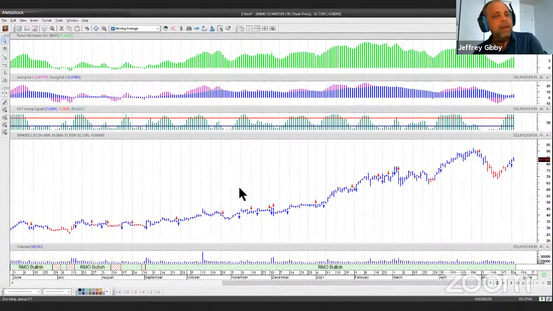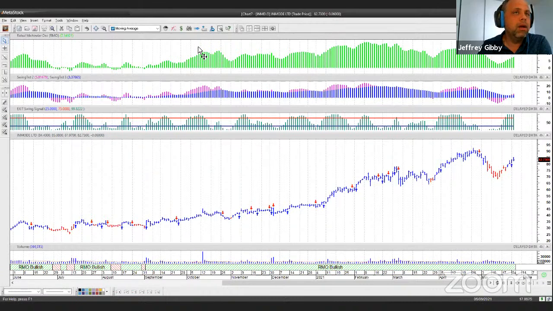And what I would like to do is actually just talk to you a little bit about how we identify the trends on this thing. Okay, so the first thing that we're going to look at is basically this is the RMO chart. The first thing that we're going to want to be able to do to follow the trend is identify it. And so the way that Rahul identifies the long-term trend or the primary trend is with this RMO